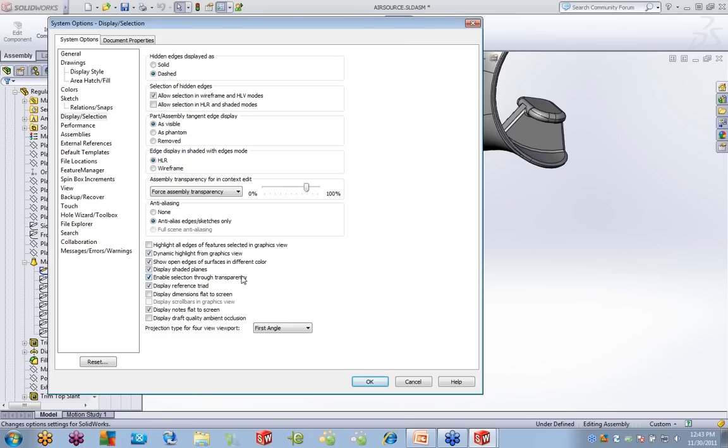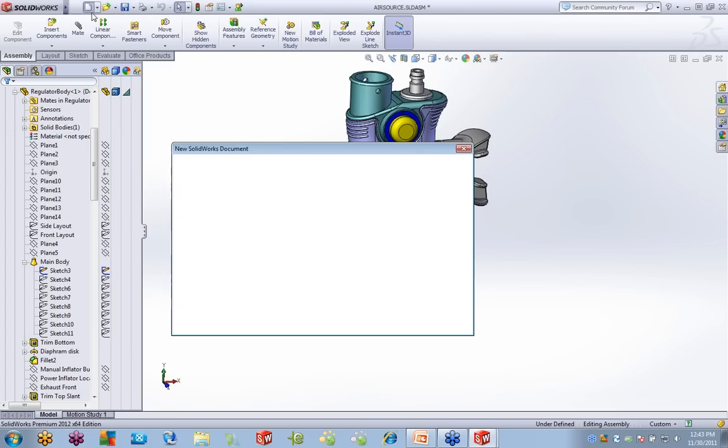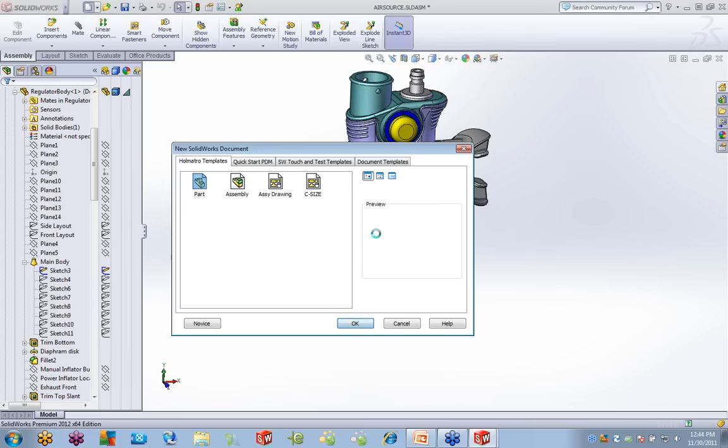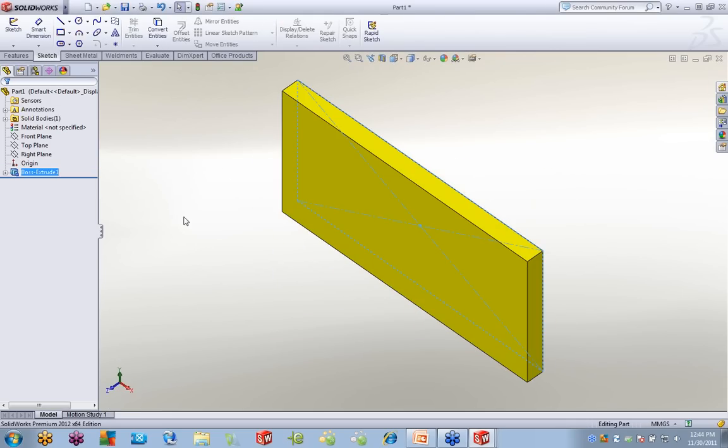A couple other things that I have turned on here. There's two at the bottom: display dimensions flat to screen and display notes flat to screen. Right now, dimensions, let's go to a new part here. And I just want to create a simple part. Right now, when I show dimensions,